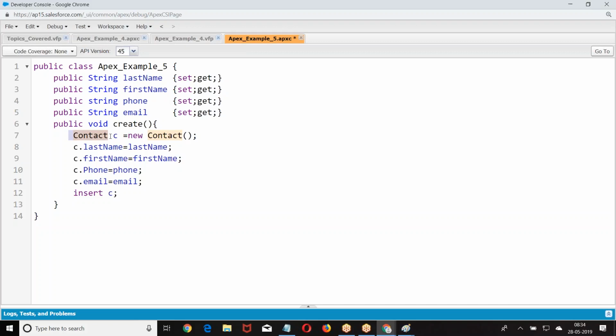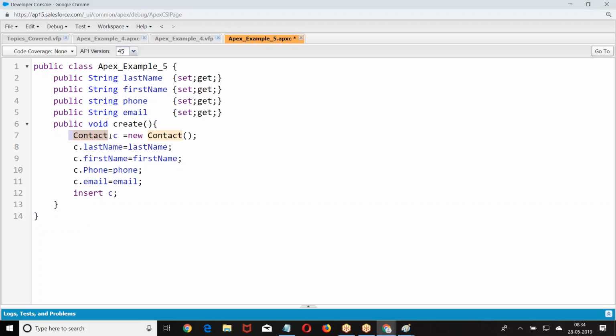In programming, what are we going to call a table in the database? We are going to call it an sObject. Every sObject has an Apex class. This class refers to all the fields in the table as variables. The same table with its fields is referred to in the program like a class with variables. Every sObject has one predefined Apex class, and with the help of the class we refer to the table.